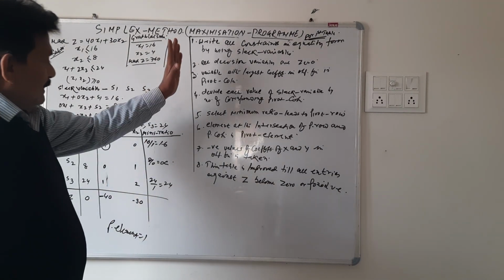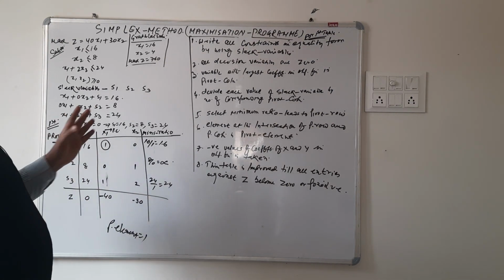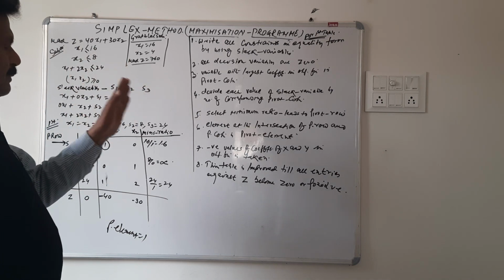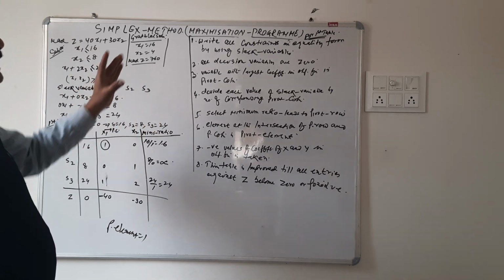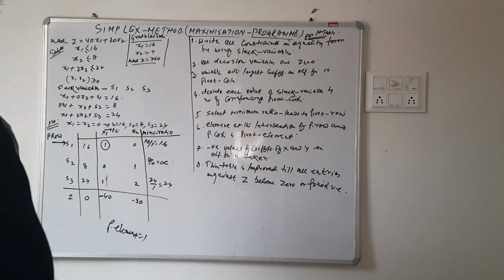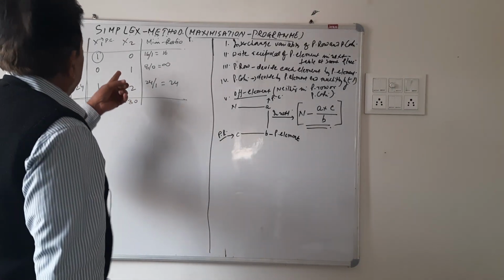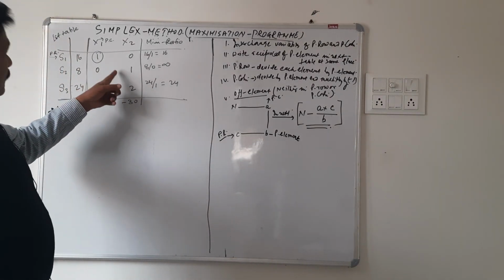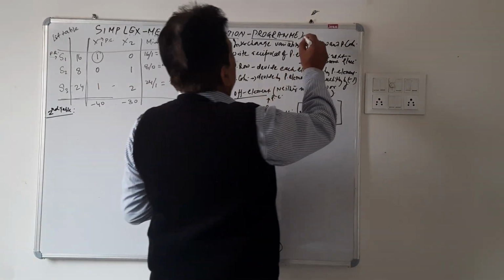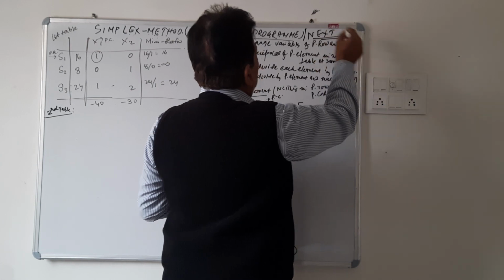Now, through these rules, we have covered the first table, and now another set of rules is meant for every next table, first to second, second to third, third to fourth. There are 4 or 5 rules that have to be followed. I am writing them now on the blackboard. Yes, this was the first table. For every next table, these 5 rules have to be followed.